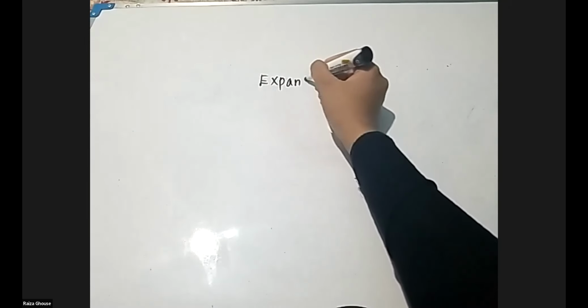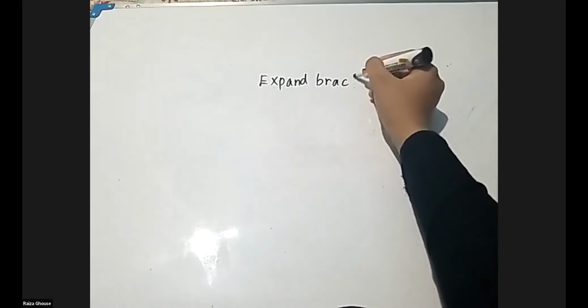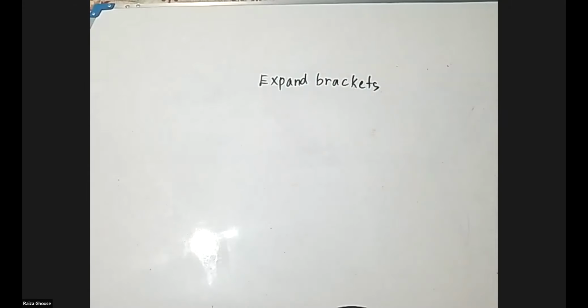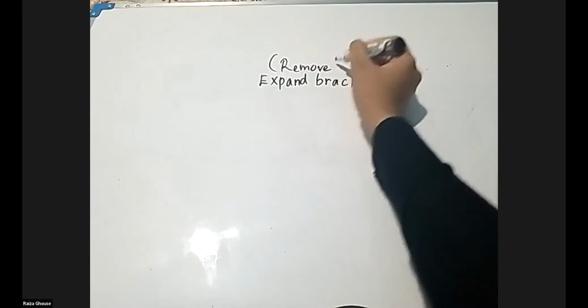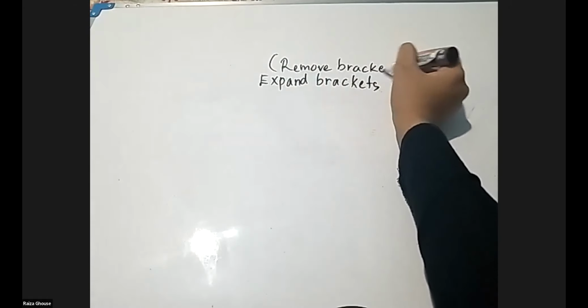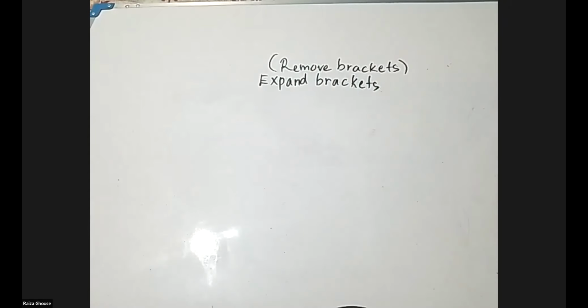Now, I told you in the beginning of the lesson, I'll be teaching you 2 things: how to multiply the binomial expression and how to expand the square of the binomial expression. So before we go into the expansion, I have to remind you, what is this expanding brackets? Some students did not learn this part properly. Expanding brackets, expand the brackets. I'll give you another term to remember it easily: removing brackets. In simple terms, if you are given questions to expand the brackets, you have to remove the brackets. Now, let me explain.